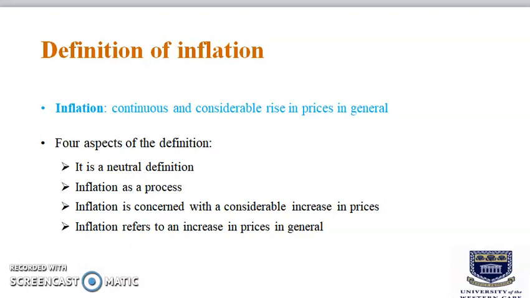Inflation is defined as a continuous and considerable rise in prices in general. From this definition, there are four important aspects that we need to note. Firstly, the definition is neutral, meaning there is no distinction between goods and services or an attempt to define it based on specific causes. Secondly, it is a process, meaning it happens continuously over time and not just a once-off